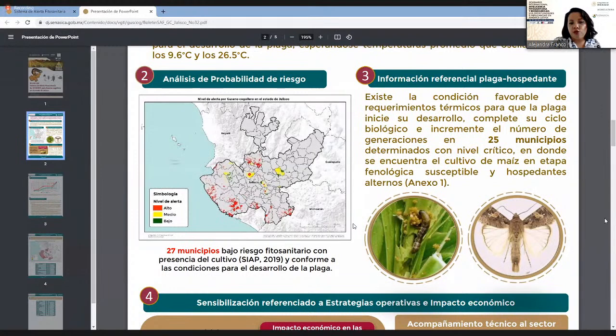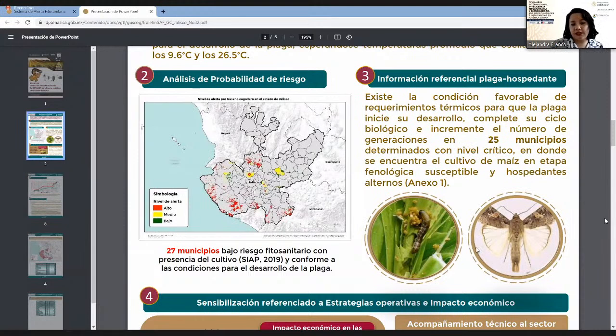These warnings, high, medium, low, are based on our dynamic simulation models. These models have information on the biological cycle of the pest, the phenological development of the crop, and weather conditions. So this can help us see what the biological window is to apply measures to avoid any harm to the crops. To the right, section 3